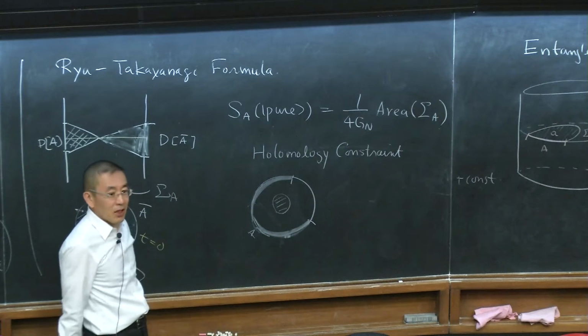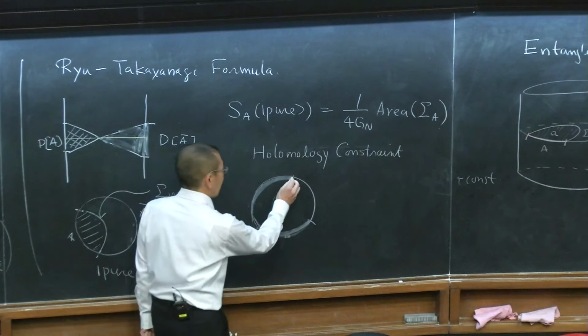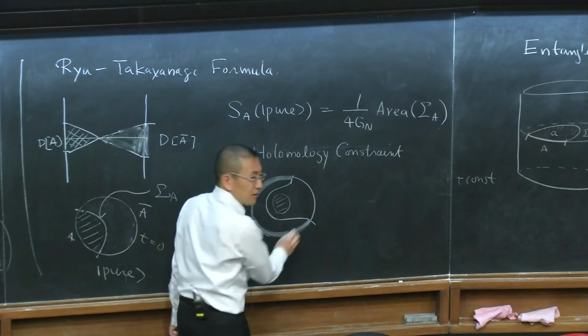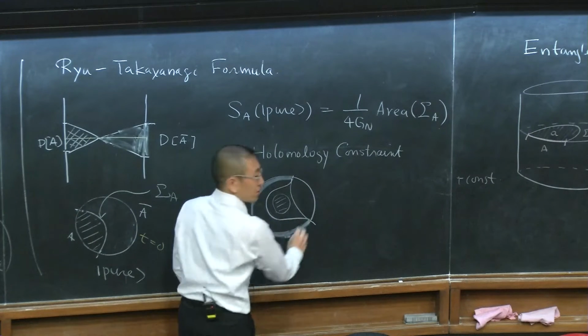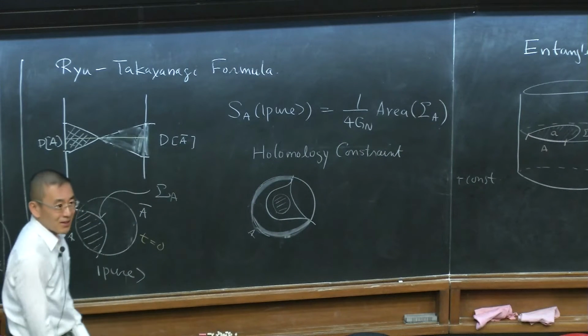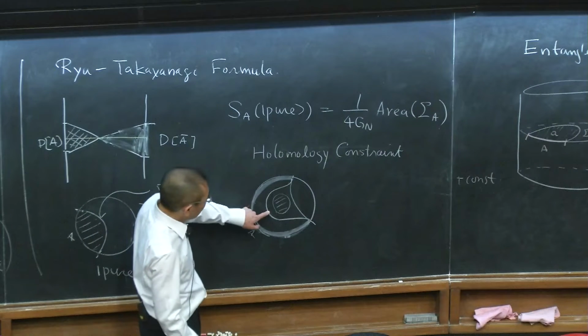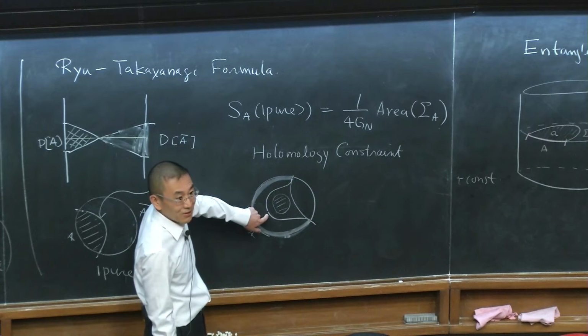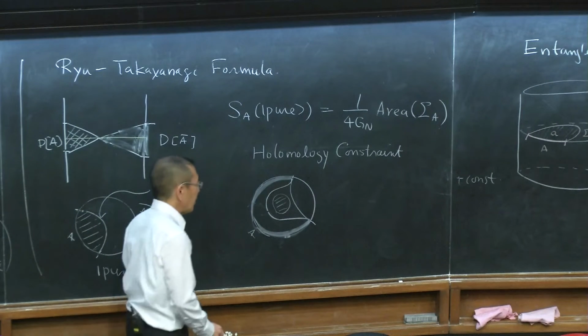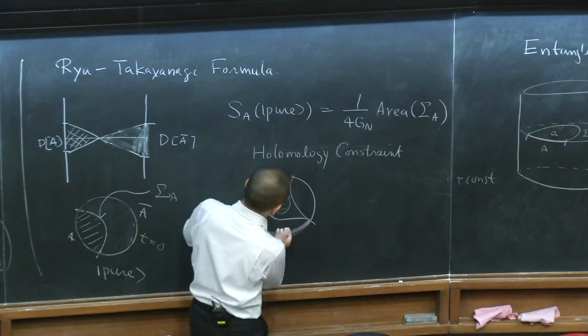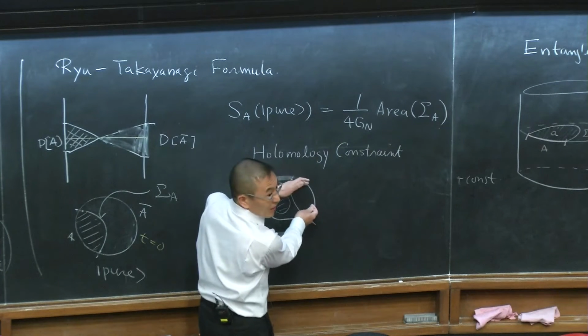Then you can have two types of minimum surfaces. You can have a minimum surface which goes like that, or you can have a minimum surface which actually goes like this. So you have these two possibilities. It turns out that the homology constraint requires this condition. And in fact, this gives you the correct result, because as this becomes bigger and bigger,